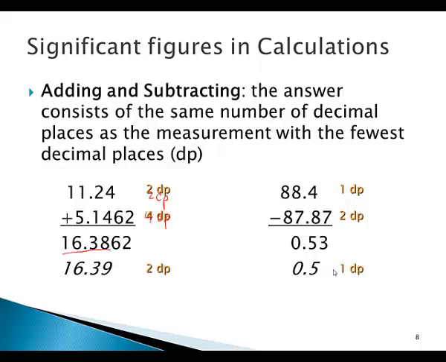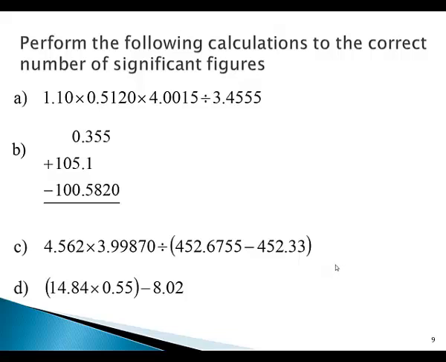Now the total number of significant figures may change with addition and subtraction. It might be less, it might be greater than a number in one of the measurements, but we are concerned with the decimal places. So here's some examples. The first example here, we have only